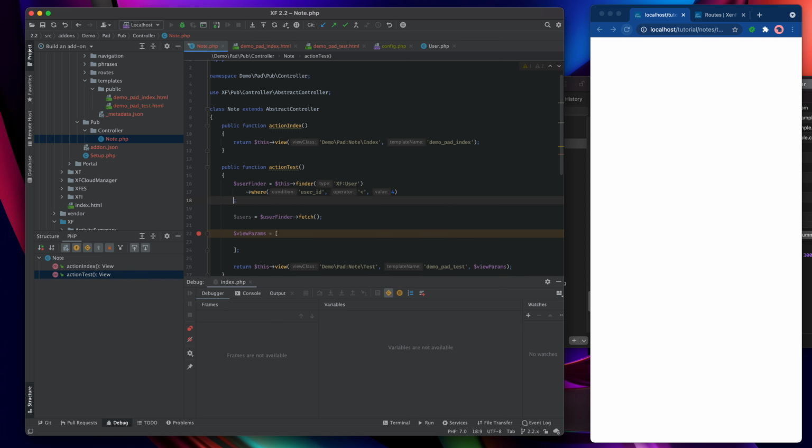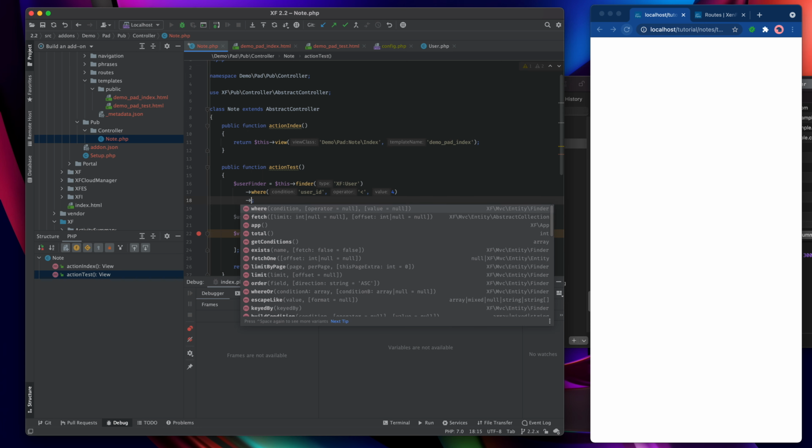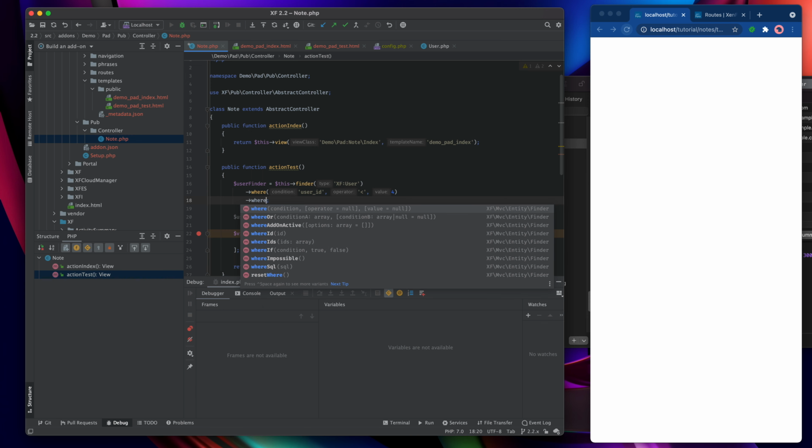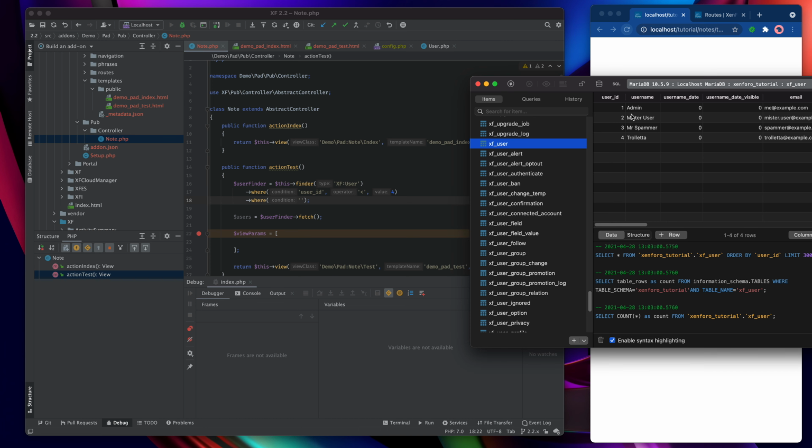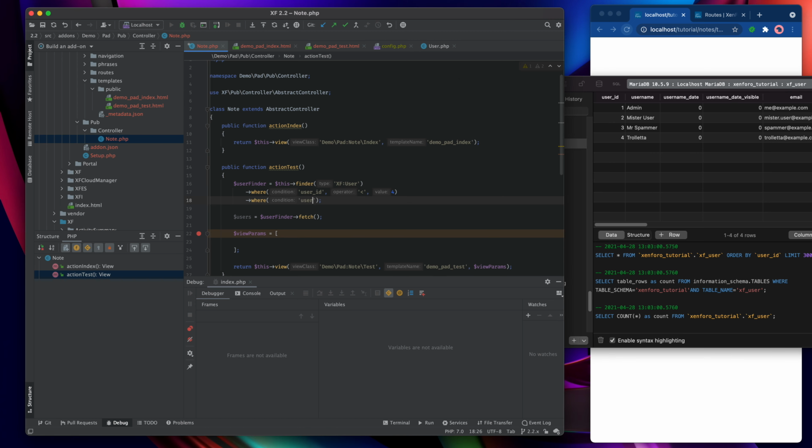Let's chain another one on the end there. I'm just adding them onto new lines there, but if you really wanted to do them all on one line, then you could. Now what should we do? What other stuff can we pick up? Let's say where the username contains an M. So username is like,